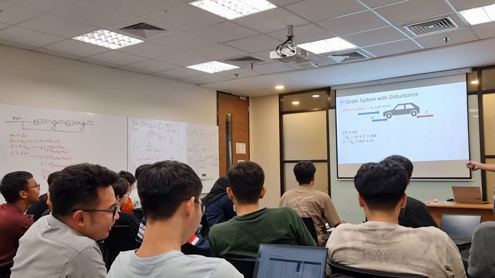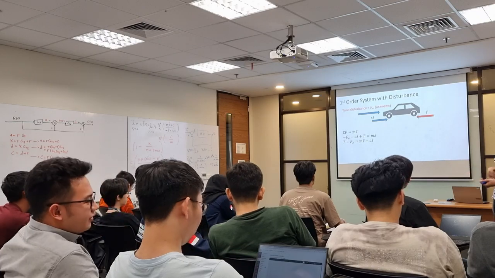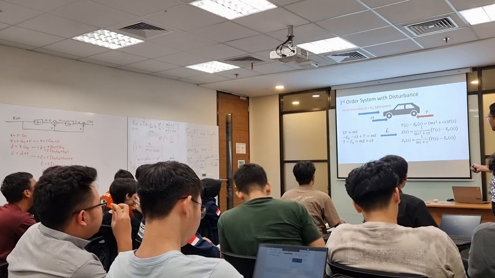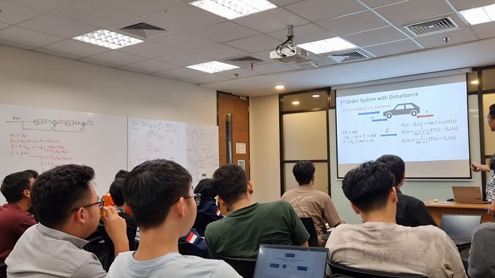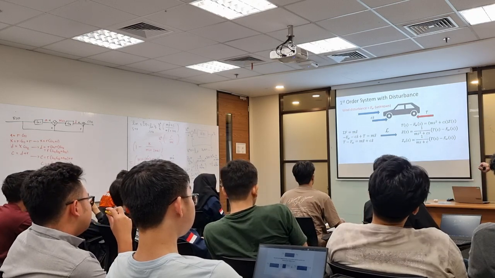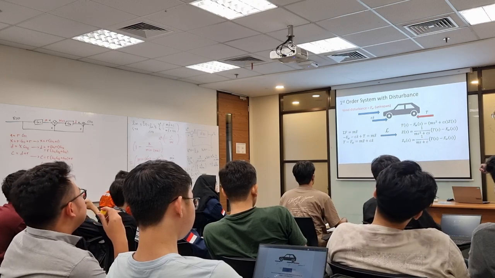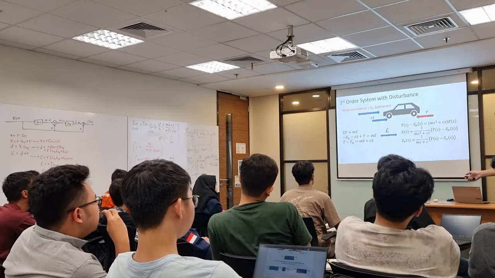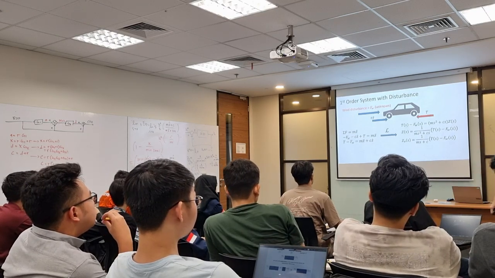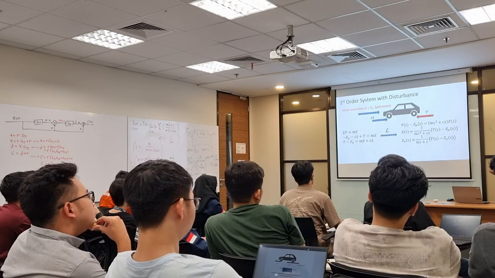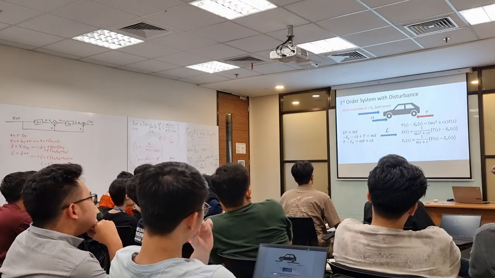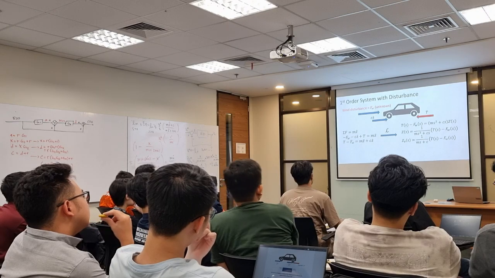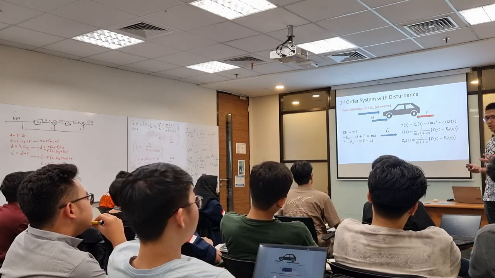So we model the disturbance as FW here, the extra force coming from the wind, and then we have an extra term in here, extra term in there. We have FW of S. Last time we only had the T of S. Now Z of S has two inputs, T of S and FW of S, and the velocity also has two inputs. Now let us incorporate these two inputs into the block diagram so that we know what's going on.